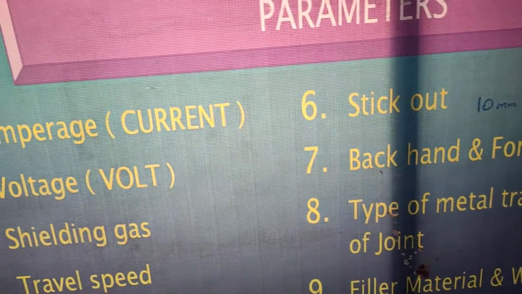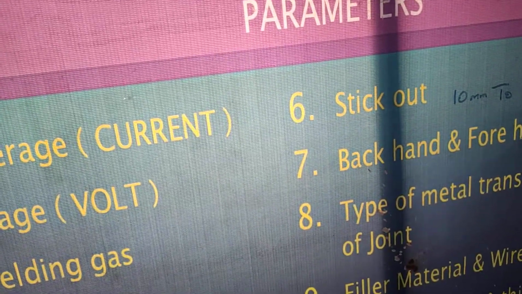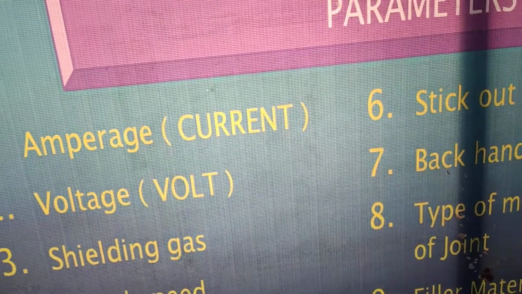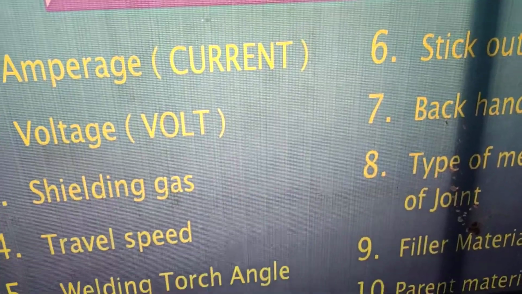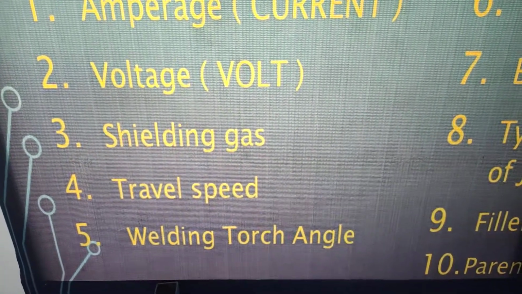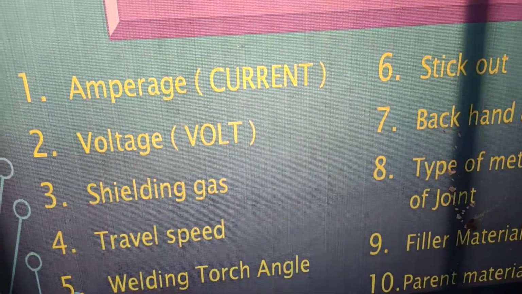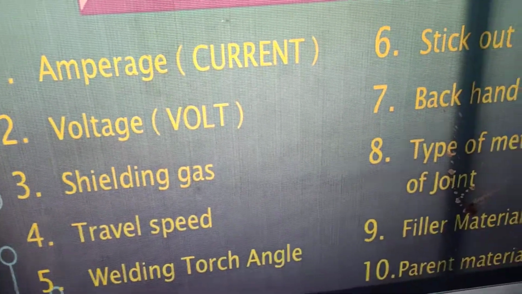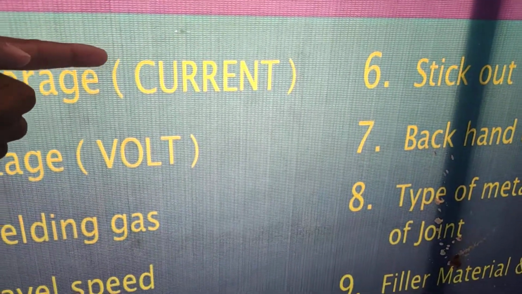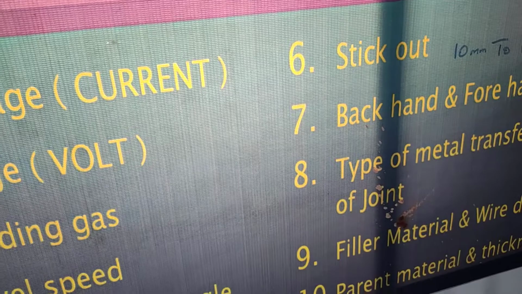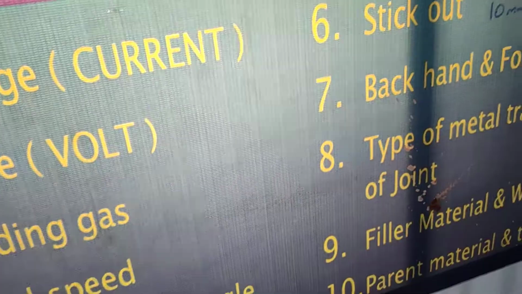In MIG welding, GMAW welding, the proportion for most welding is argon 80%, carbon dioxide 18% and oxygen 2%. Oxygen we can't use more than 2%. If we use only argon as a shielding gas, the weld layer is like a narrow line and it does not bond tightly, so we can't use argon gas alone.